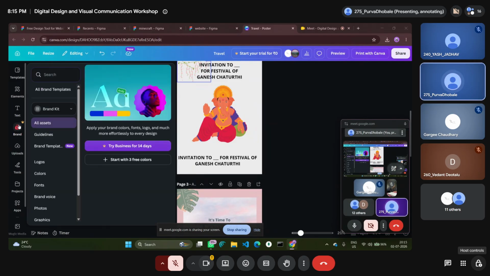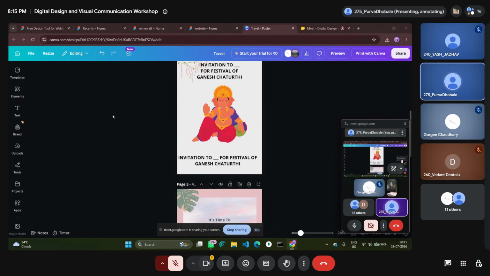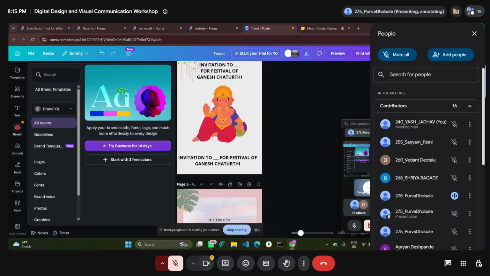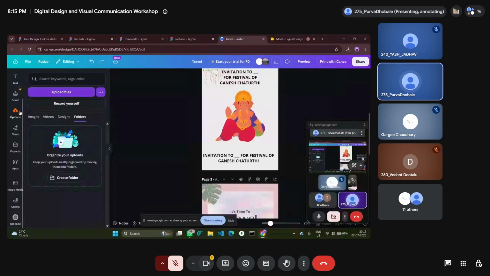So brand kit is a thing. If we are making posters for a brand, we need to keep the logo same, the text same, the color and the font same. So for that, brand kit is used. In brand kit, logos, text, and fonts are added, and those fonts will directly be added to your posters. It is a premium feature. It can't be used unless and until you have premium. Next, we'll move to upload.